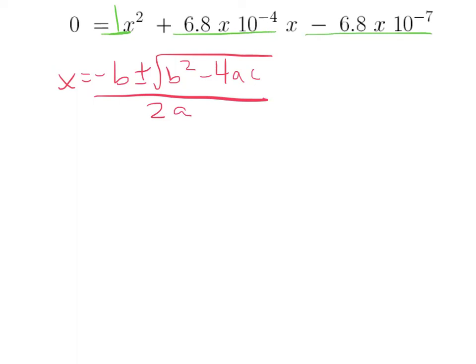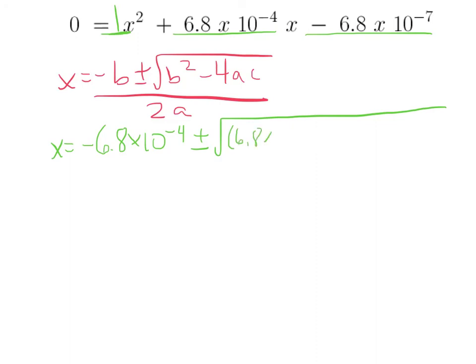All I have to do is plug this in. x is equal to negative 6.8 times 10 to the negative 4 plus or minus the square root of 6.8 times 10 to the negative 4 squared minus 4 times a times c, negative 6.8 times 10 to the negative 7, all over